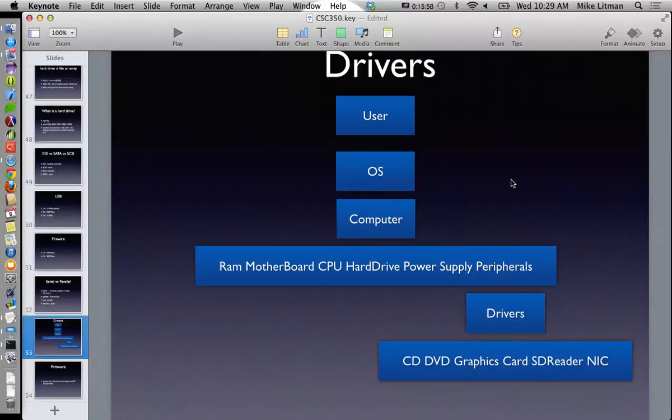So let's go back before the advent of drivers. Did our computers have graphics cards? We hope so, because something had to go out to the monitor, right? Because what's a graphics card? A graphics card is the thing that turns whatever magic is happening inside the box into pretty pictures on the screen, right? That's what the graphics card does. So we had graphics cards before we had drivers.